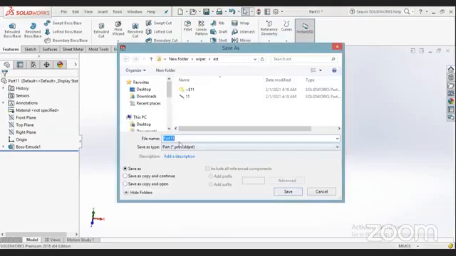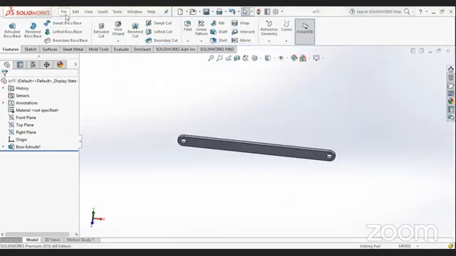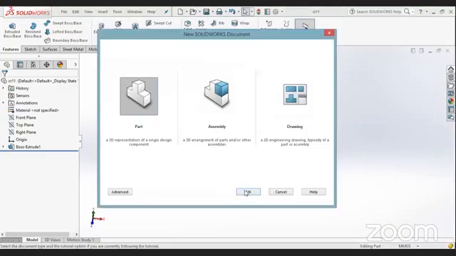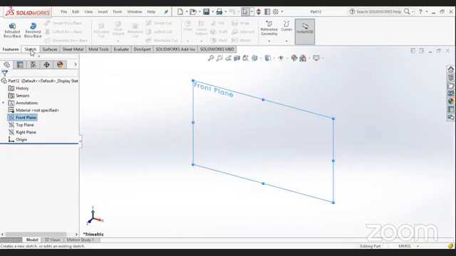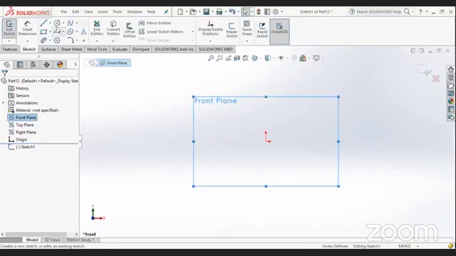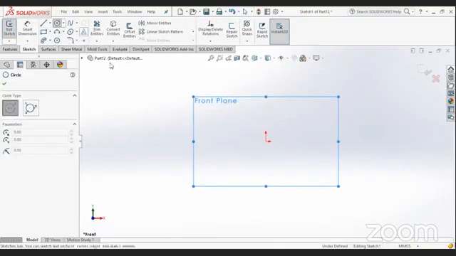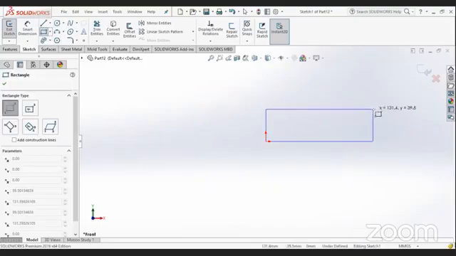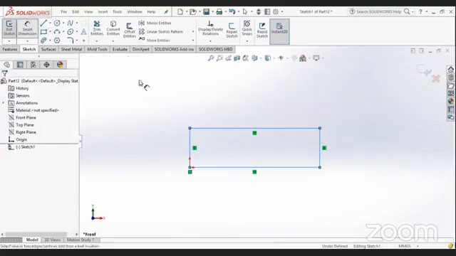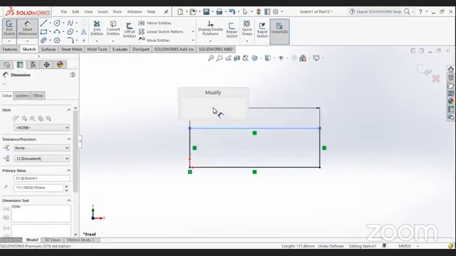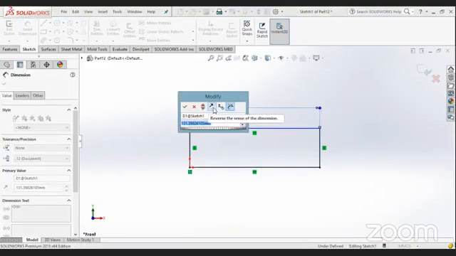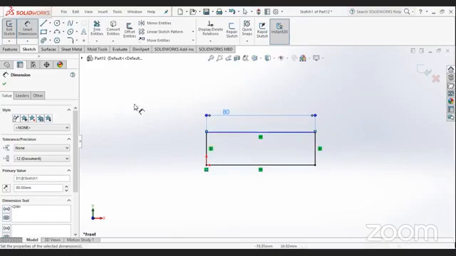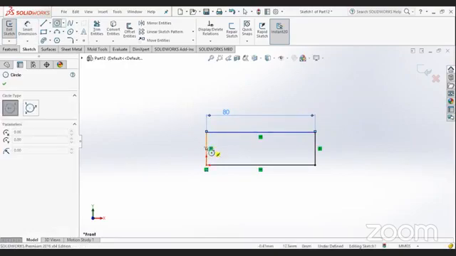Save as connecting rod. Now we'll be making crank number 1, which should rotate. Okay, which we have assumed that it will be rotating. So how to make that? Again, create a circle. Right? The same procedure. This should be 80. We have assumed that we'll be keeping it 80, and we'll make a circle.